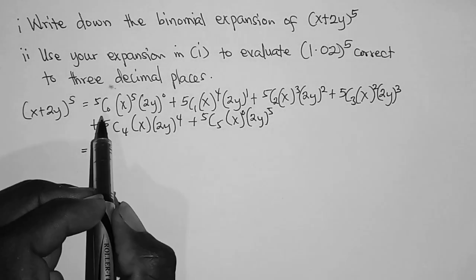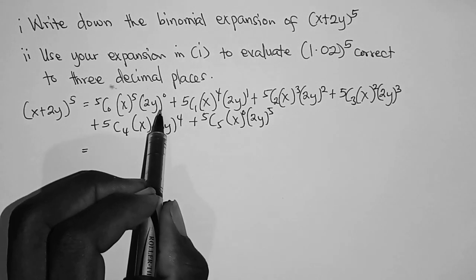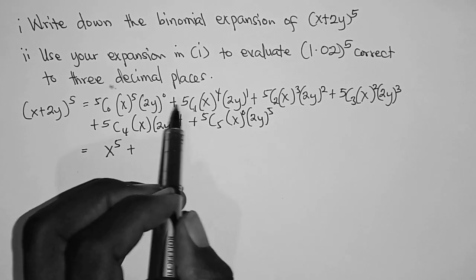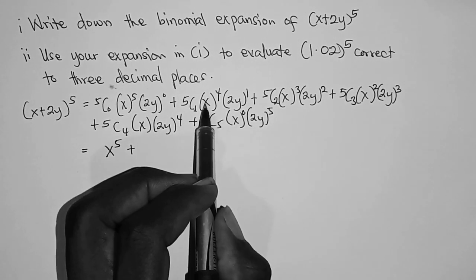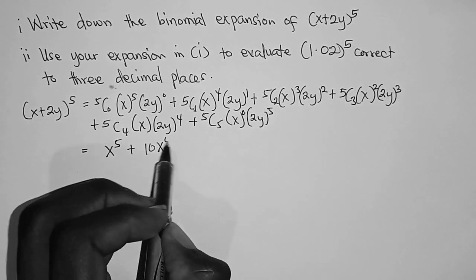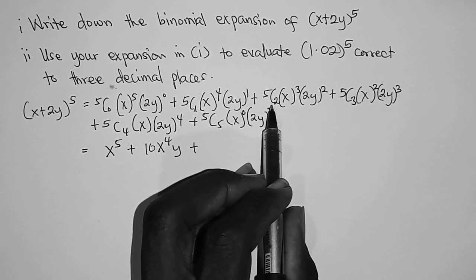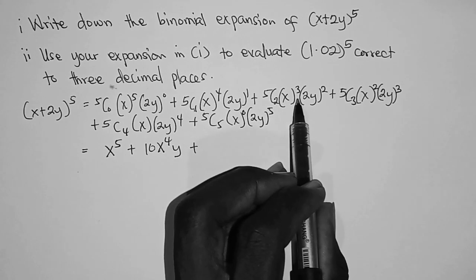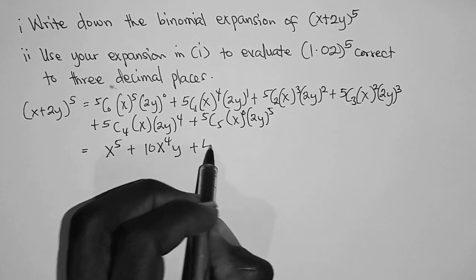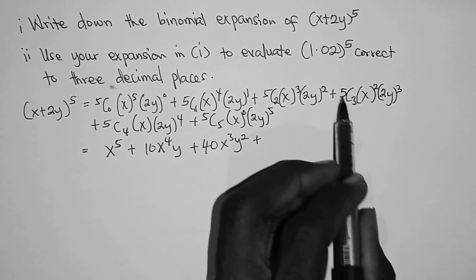So if we simplify this further, 5C0 times x^5 times (2y)^0 is equal to x^5, plus 5C1 times x^4 times (2y)^1 is equal to 10x^4y, then plus 5C2 times x^3 times (2y)^2 equals 40x^3y^2, then plus 5C3